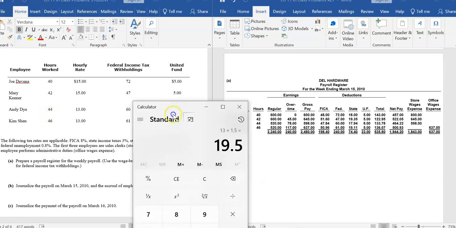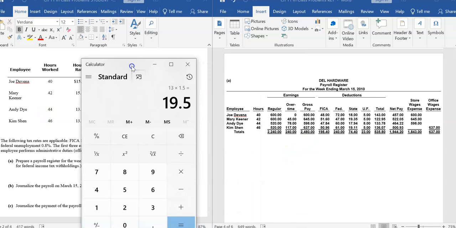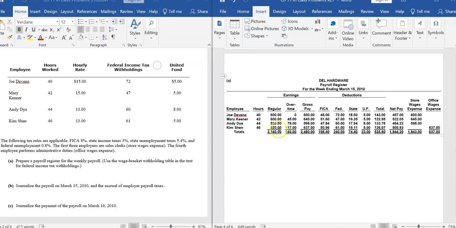Andy worked 4 hours at $19.50, so we will multiply the $19.50 times 4 hours to get Andy's overtime pay. And then for Kim, she worked 6 hours of overtime at $19.50. She will be paid $19.50 times 6 hours, $117. So now that we have their total earnings for regular and overtime, their total gross pay,